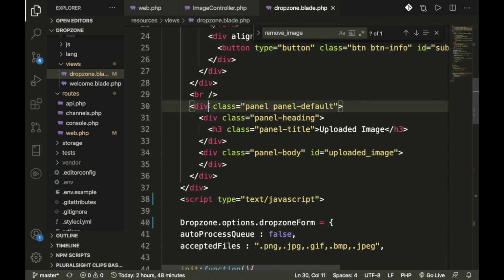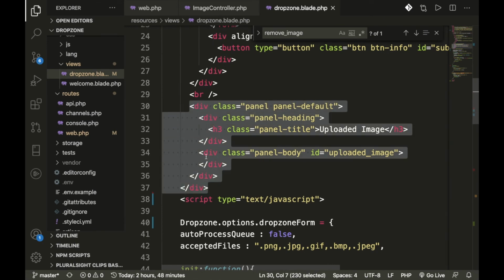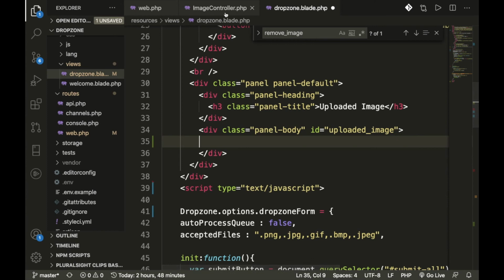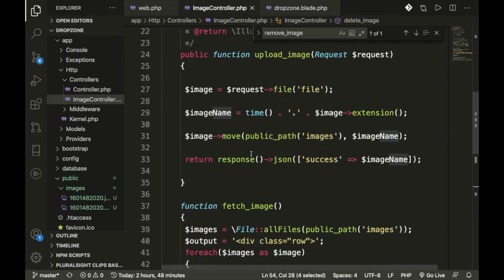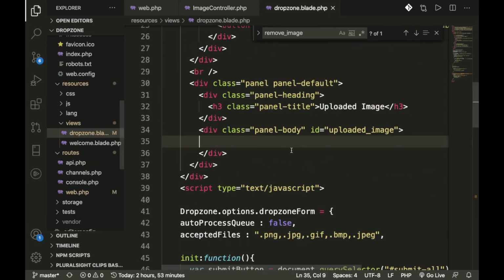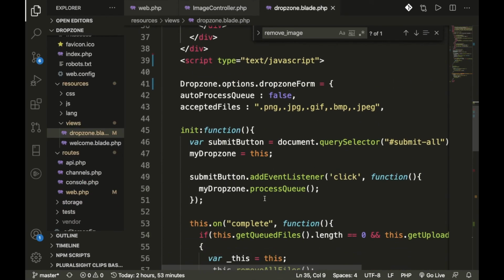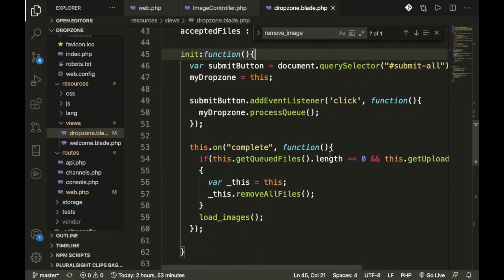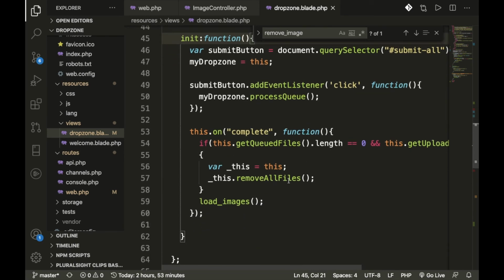If we fetch, we print inside this particular div. Let me show you. We have the class, we are using the id, and we apply all the data which is fetched from the database. Let me scroll down here, fetch images, and we use the output inside this div. How is this coming? We are using JavaScript, so we fetch data from here. If anyone submits data, we add it in the request call, and we can insert it into the database also.